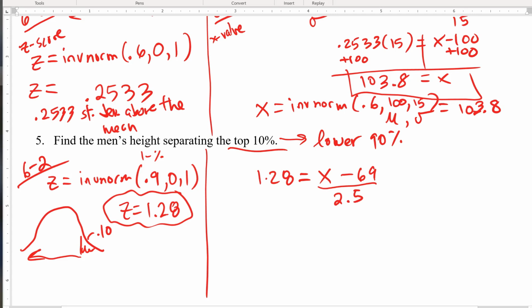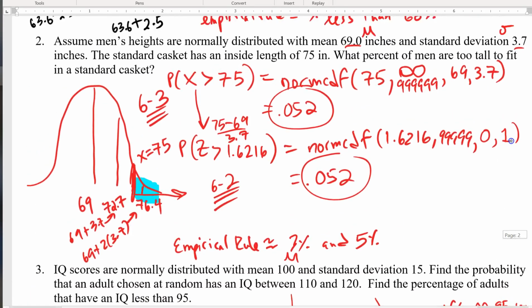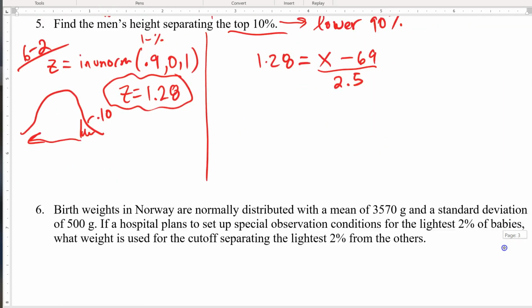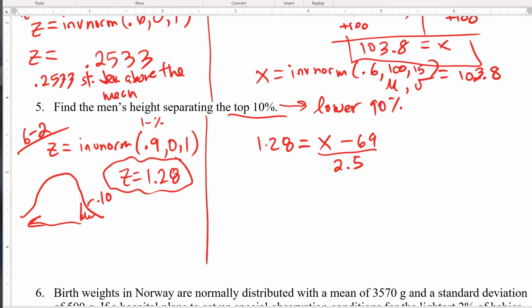Where did I get these numbers? Well, men's height was right here. The mean is 69 and the standard deviation of, I messed up there, 3.7. My memory's not as good as I thought. And then I could solve this. Multiply the 3.7 up, add the 69, or